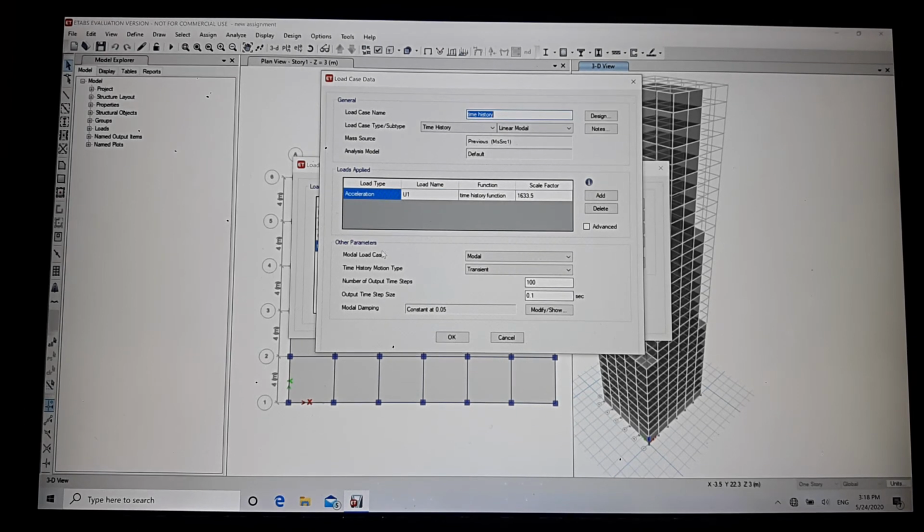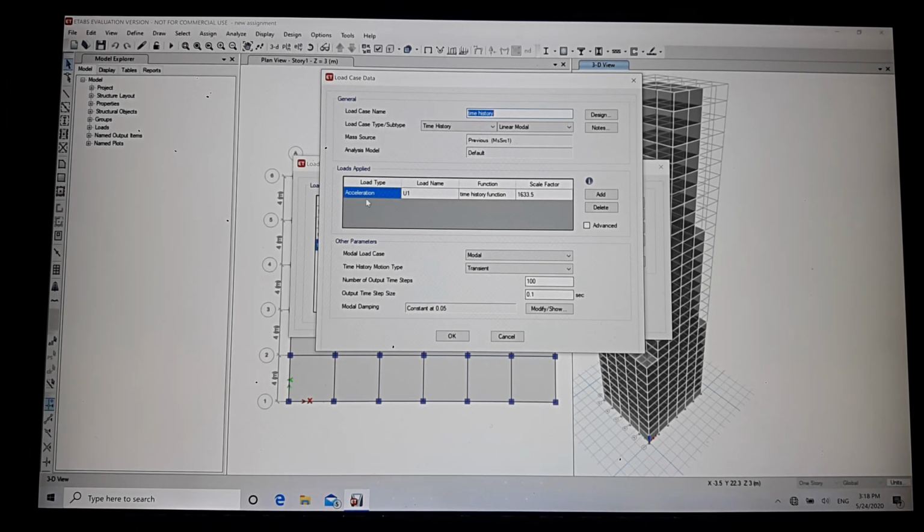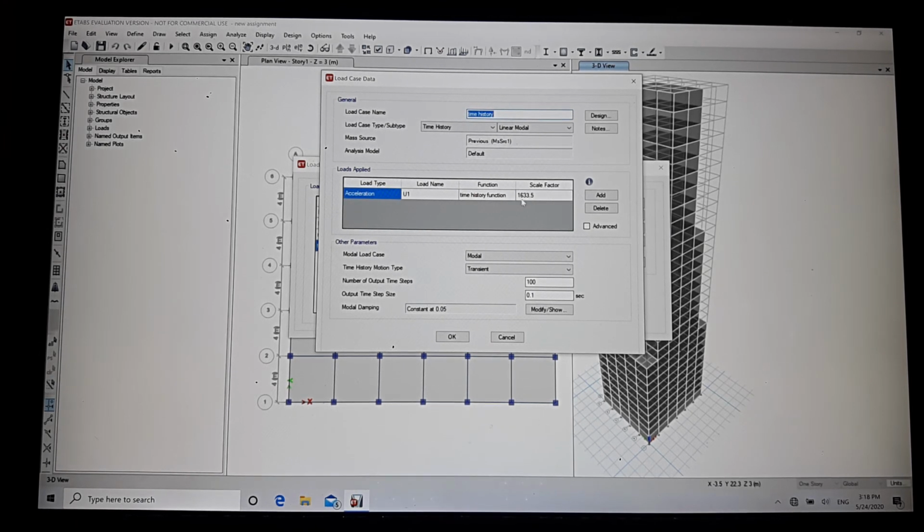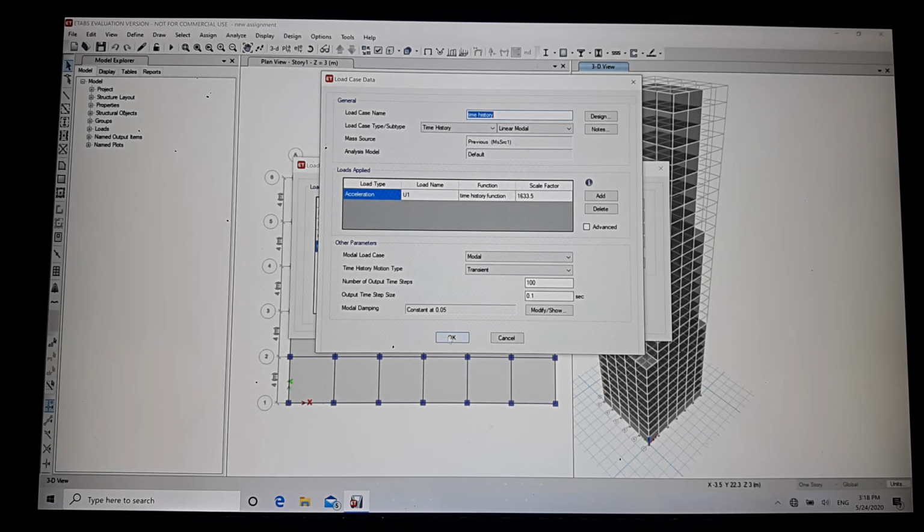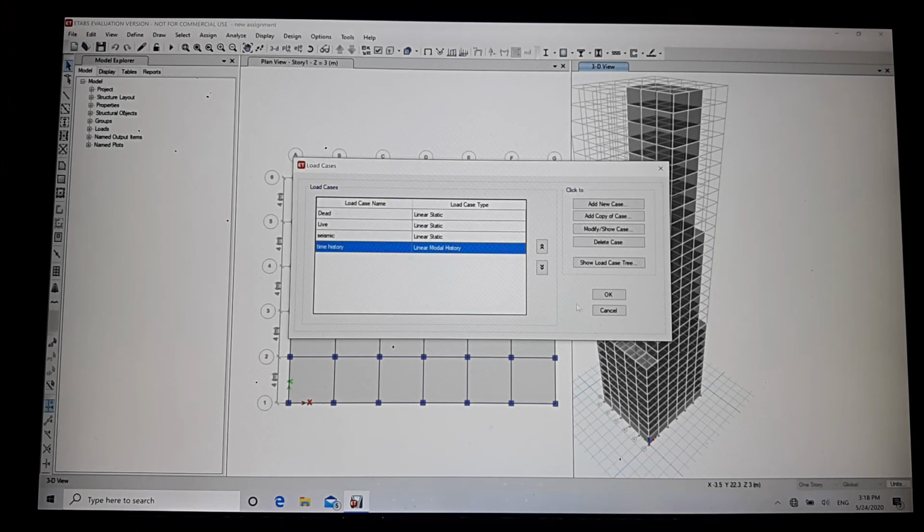Fill the data. Here select as acceleration, here time history function, and calculate the scale factor and enter here. Then click on OK. Once more click on OK.